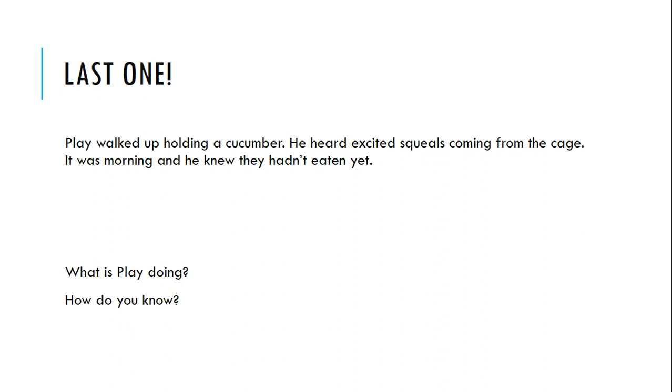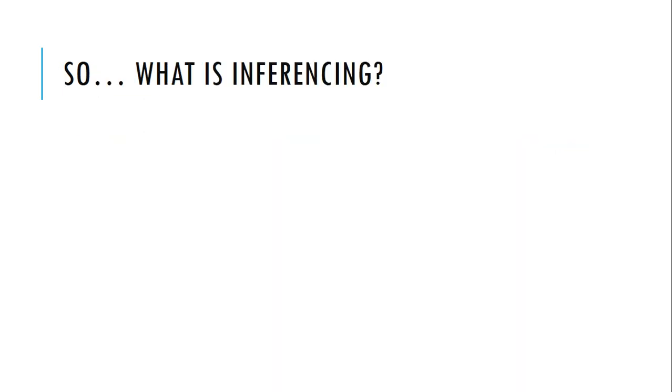So it could be any animal, but he's probably feeding something that comes from a cage, unless he's put all of us into a cage, and maybe we just need to eat cucumbers. Anything is possible, depending on what kind of story this is. So up to you to decide, okay? So again, you are inferencing. Obviously, the most likely is that Play went to feed the guinea pigs. I don't know how often he actually fed the guinea pigs, but who knows? If it was a horror story, maybe he had put us all in cages. But we don't know what kind of story it actually is.